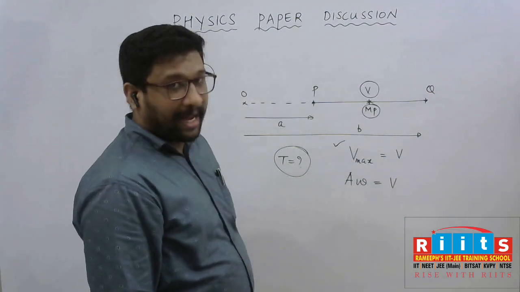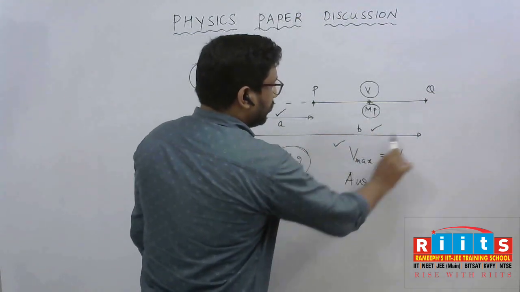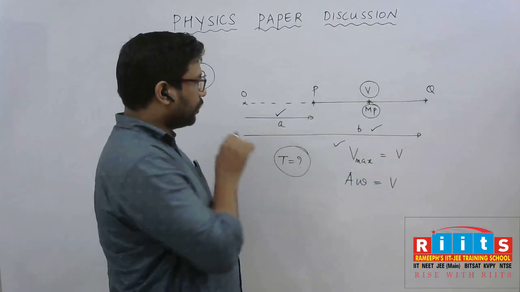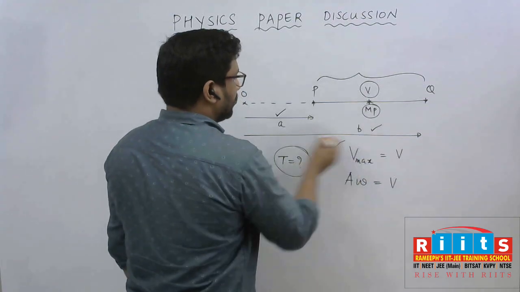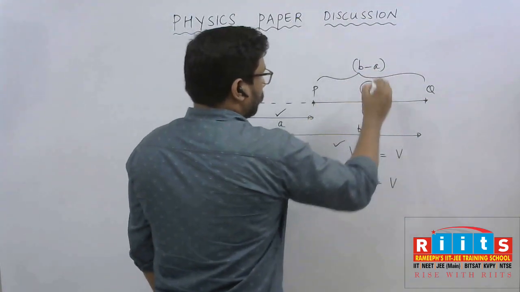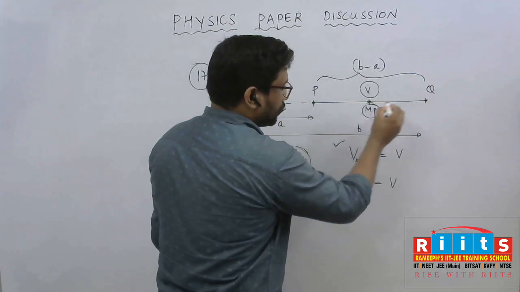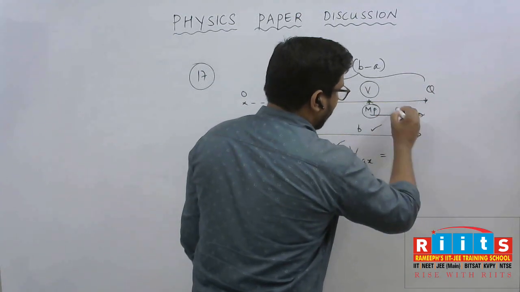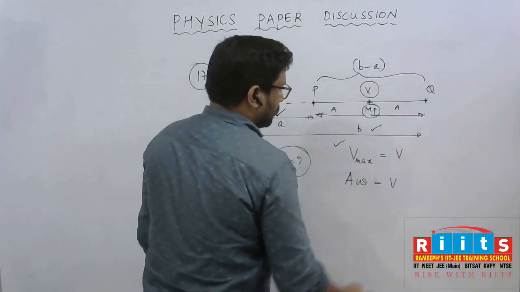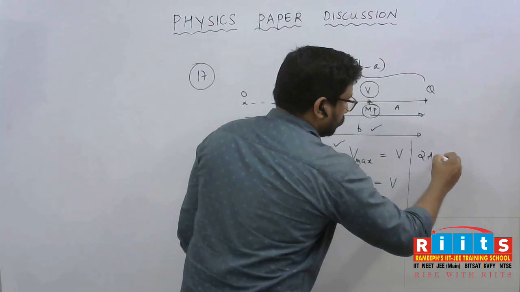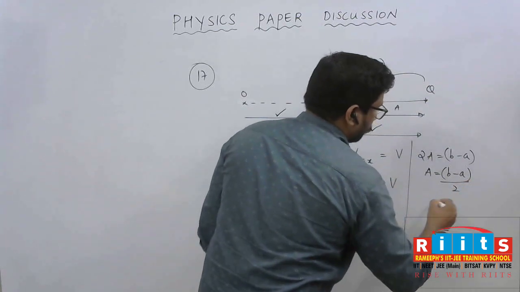Now, how can we find out the amplitude? That's why they have given the terms A and B. The total length till Q is B and till P is A from the origin O. So the distance between P and Q is nothing but B minus A. Amplitude is actually measured from the mean position. Mean position to extreme position, the distance is amplitude. So this is also amplitude. So 2 times the amplitude is B minus A, isn't it? So amplitude will be B minus A by 2.